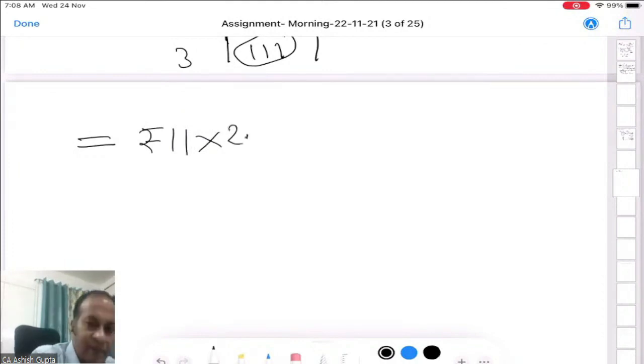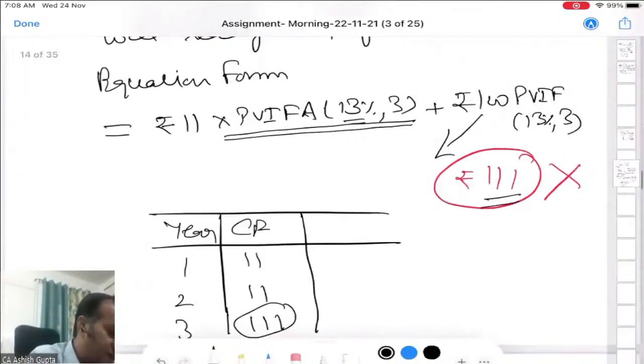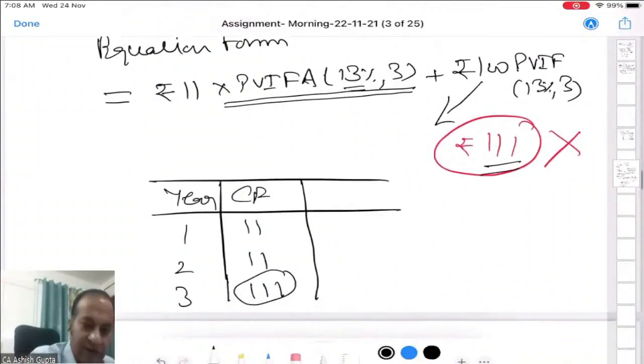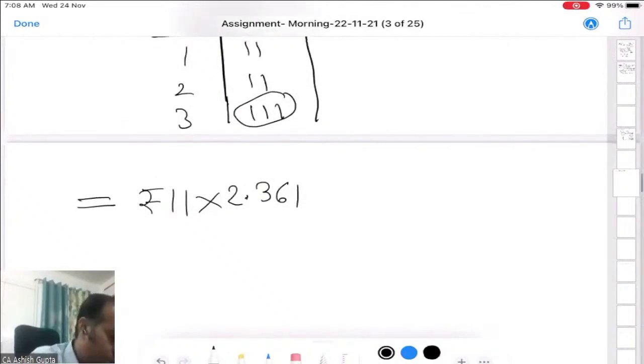Student, here the present value investment factor will be 2.361 because we have added the PV factors at the rate of 13% for the 3 years. If you can do it on a calculator, you can do it by using the grand total. There is one procedure; always follow the same, or you can write it down the way you like.